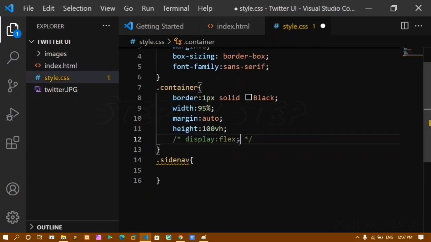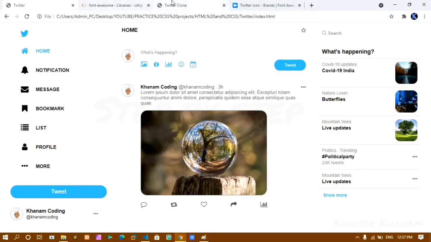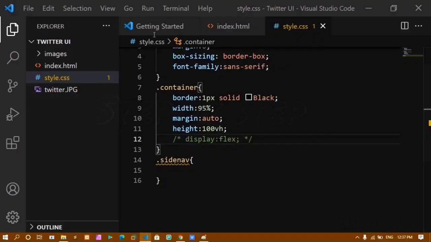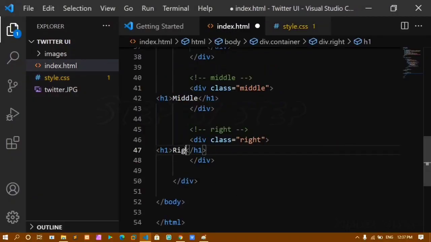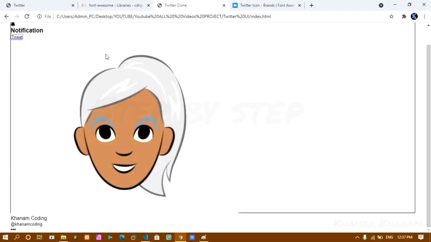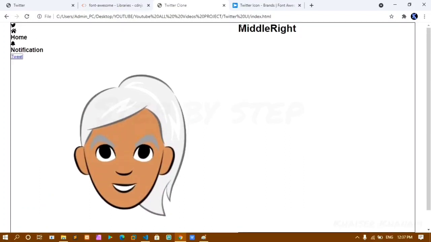Now if I remove this display flex and show you the output, you can see my middle and right have come on the next lines. Now I'll give display flex to my container class. Now you see my middle and right have come side by side.